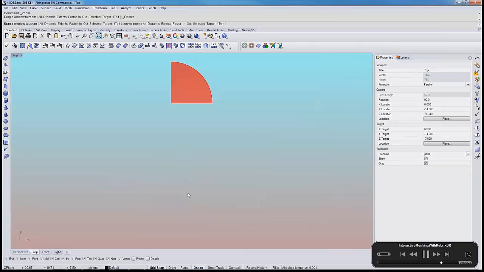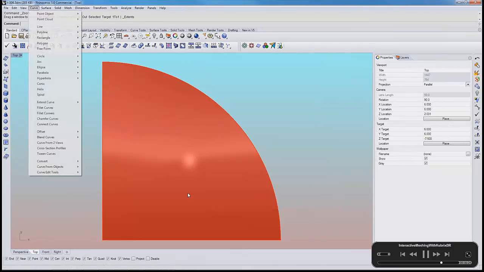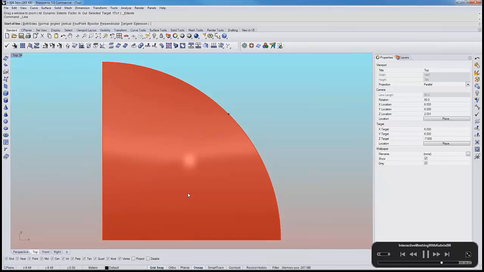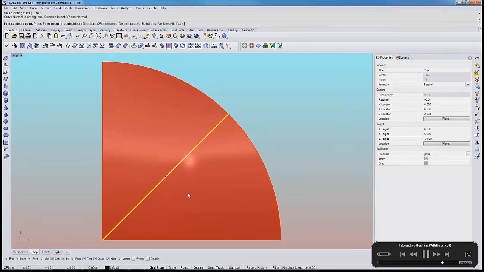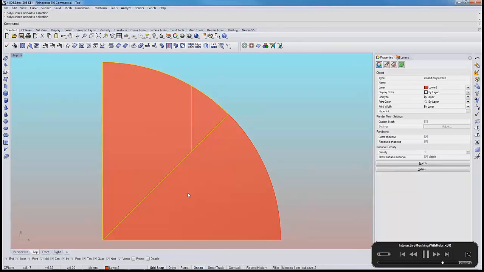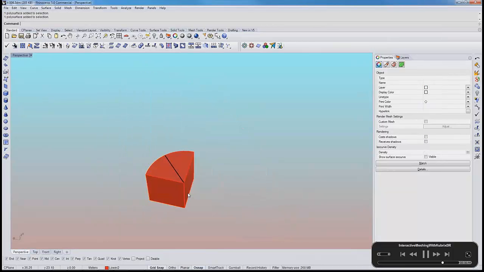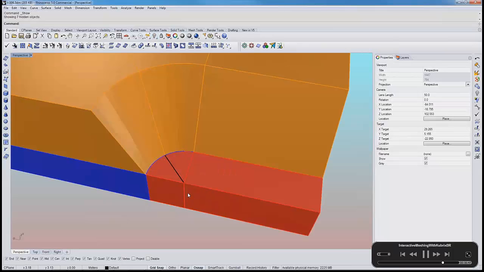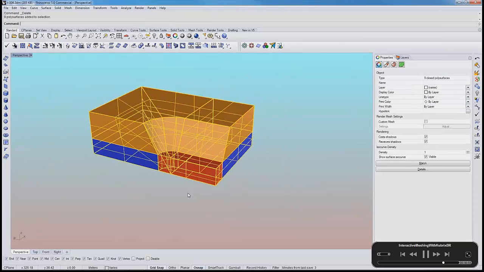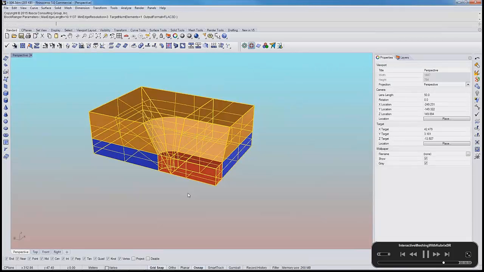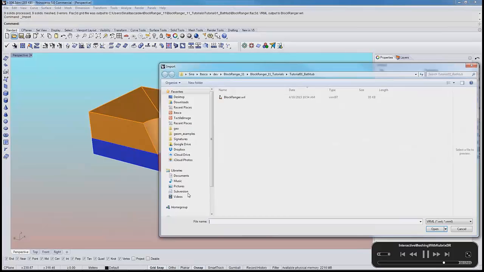And in a top view, draw a line that goes from the center, from the pole, all the way to the boundary. And this, with the command called wire cut, allows us to create two nice solids out of this single solid, so 2/8 of cylinders. Now, again, we put that all together. We are sure here that these two new solids are in the right layer, the upper layer, lower layer, and the lower 2 layer. Again, we run Block Ranger, and again, this time reading the WRL file, and this time,